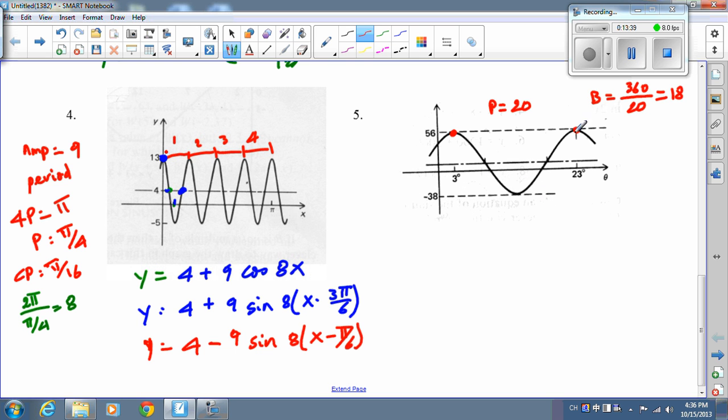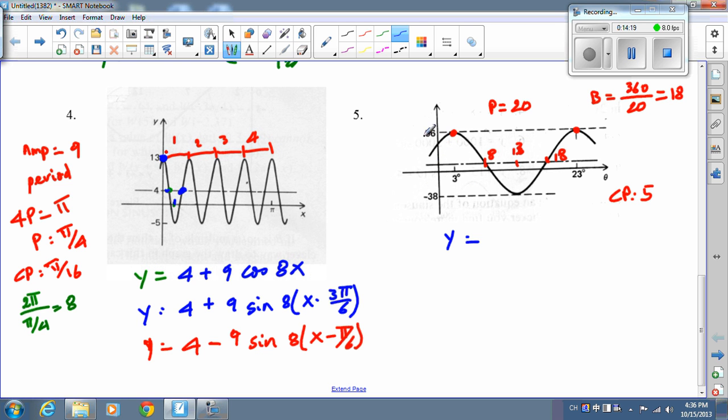Now that we have our b, it's of course easy to find the equation using cosine because we have the highest points here. Why don't we look for also these points? To find these points, I need to know the critical point. CP is always period over 4, meaning 20 divided by 4 is apparently 5. So since it's 5, this point is 8, this middle point is 16, and this point here is 8 plus 5, which is 13. And this one will also be 18. Now we can write the equation. Let's start again with cosine. That's y equals